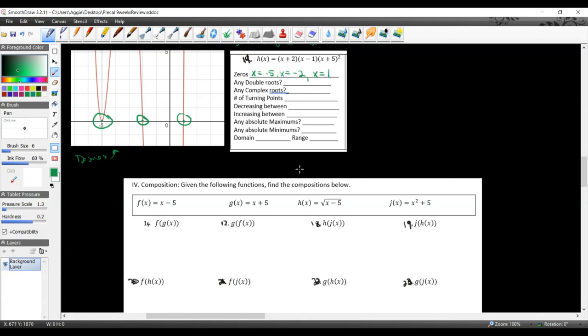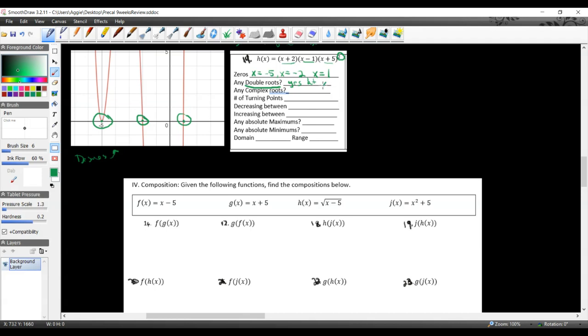Okay, so we have 3. Now there's this question that says, are there any double roots? I'm not sure if we talked about this in class, but I do know you saw it in Algebra 2. A double root is pretty much when one of these has a 2 up here. Okay, so yes,